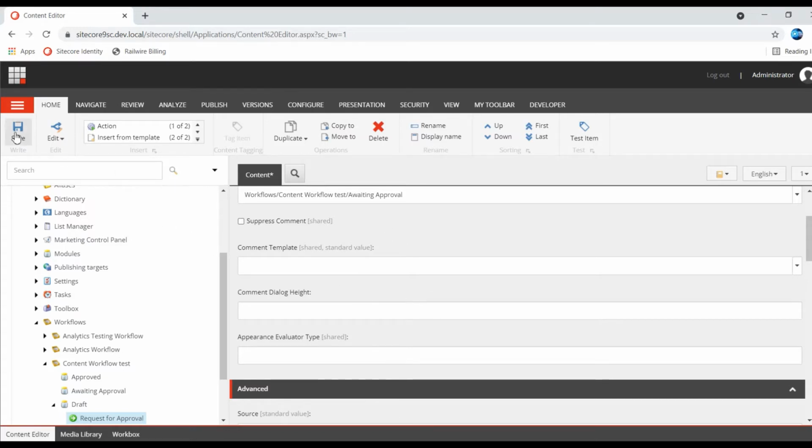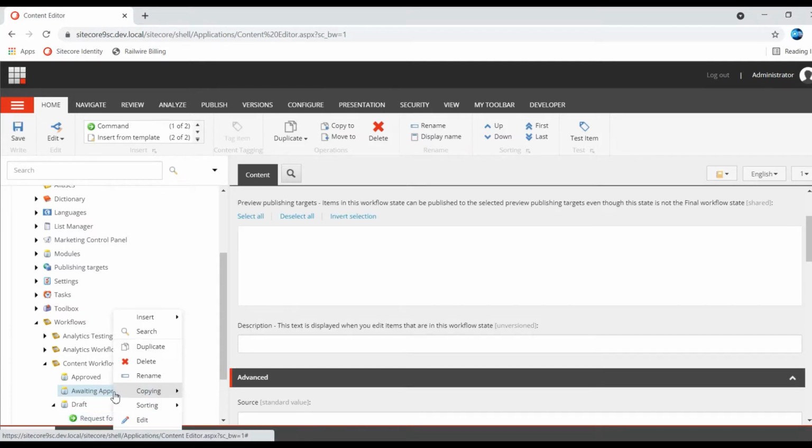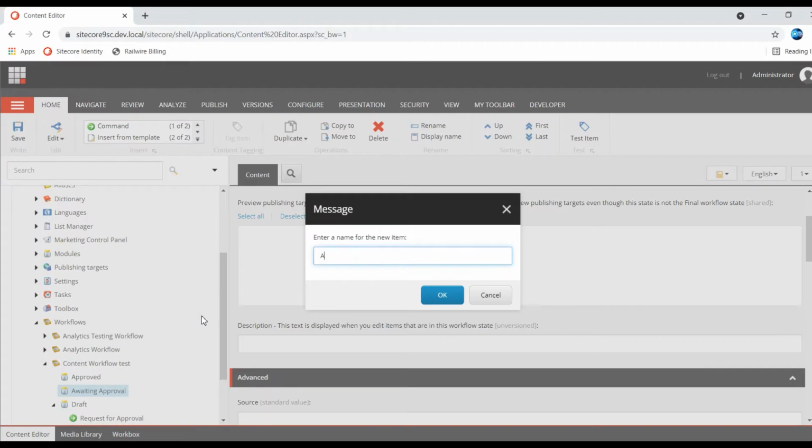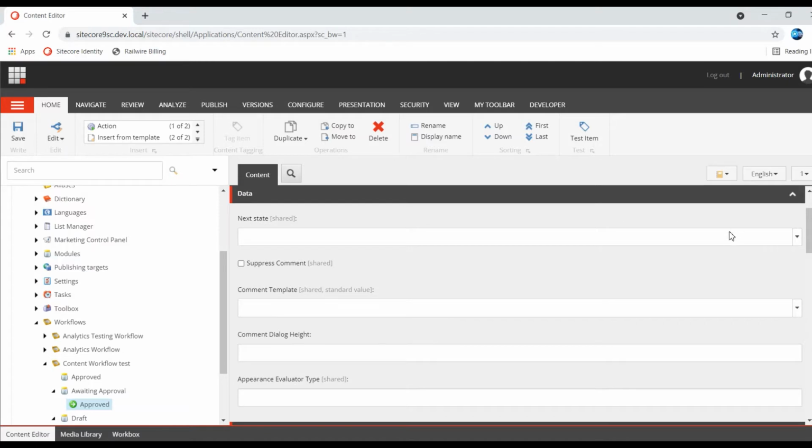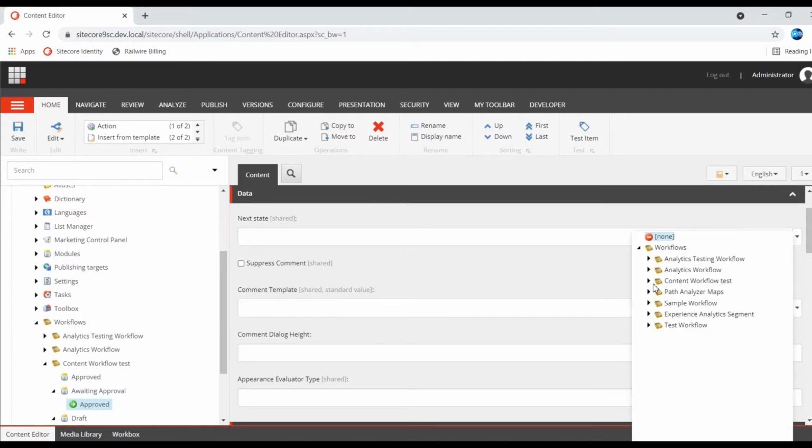Now let us create commands for awaiting approval. First is approve, that is, I am approving the state. Here I am selecting the next state as content approve.